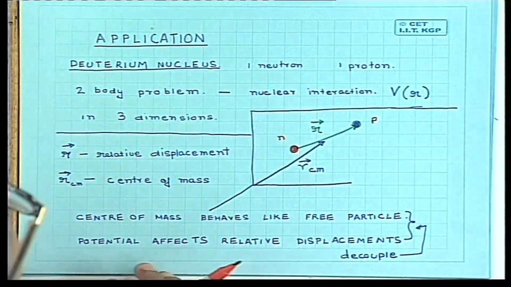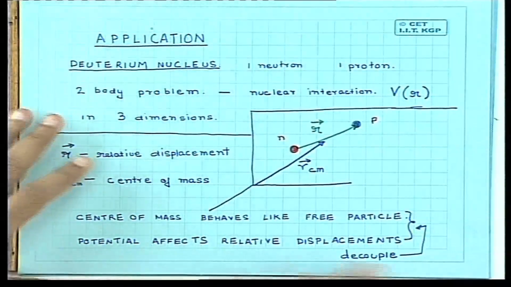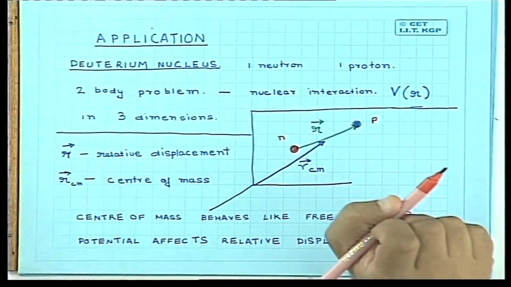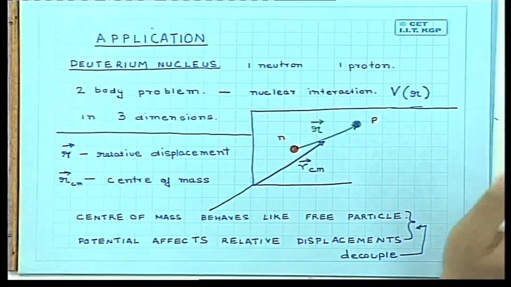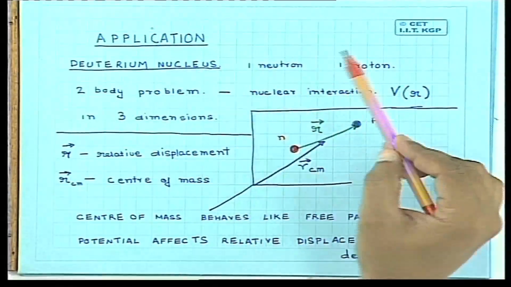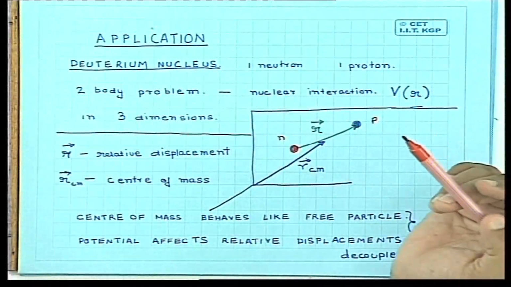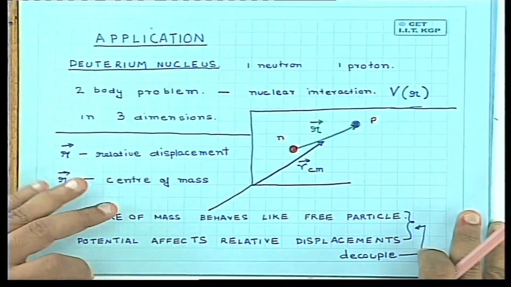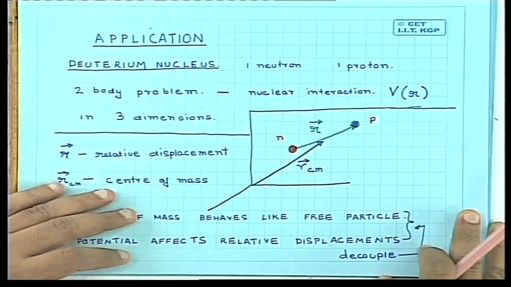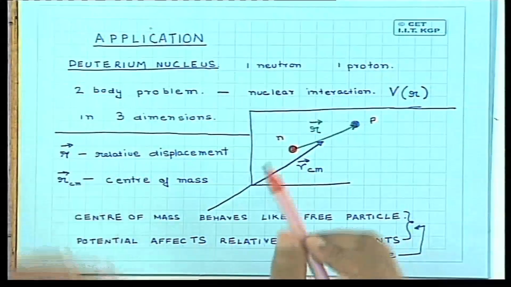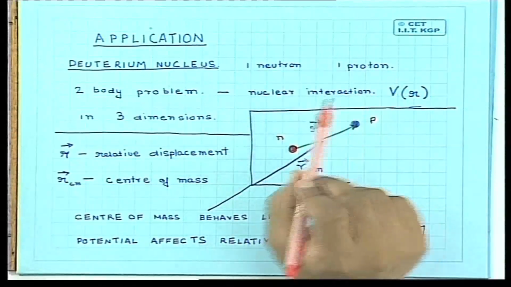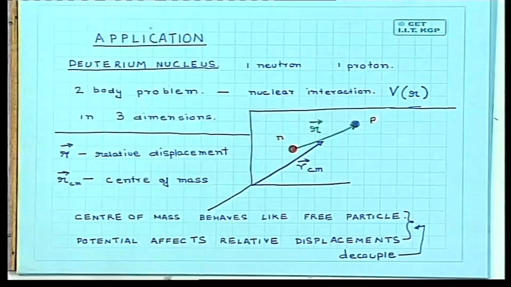So now let us discuss one application of this finite potential well, which we have just gone through in some detail. The application which I am going to discuss is to do with the deuterium nucleus. The deuterium nucleus has got one neutron and one proton. It is the simplest nucleus after the hydrogen nucleus, which is only one proton. You cannot do much of nuclear physics with it, because it's a single particle. So this is the simplest nucleus, one neutron, one proton. Deuterium, it's an isotope of hydrogen.